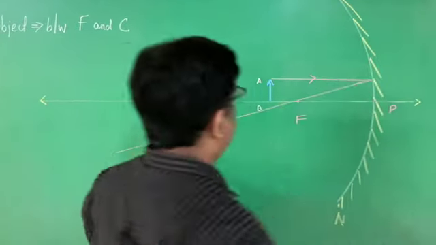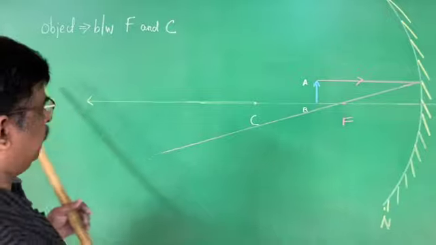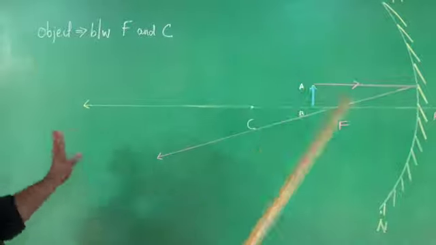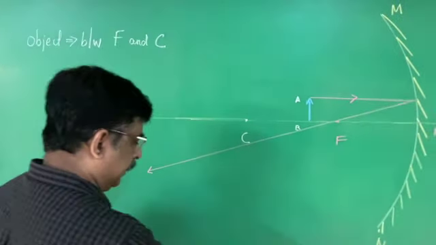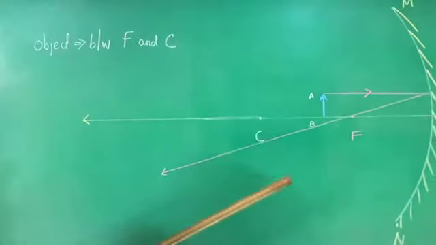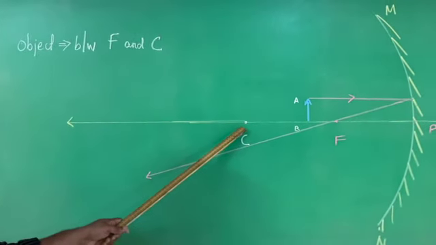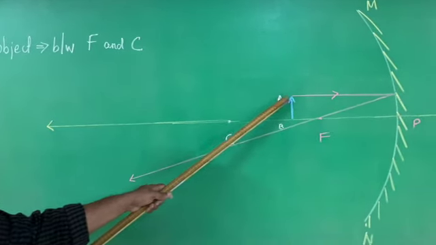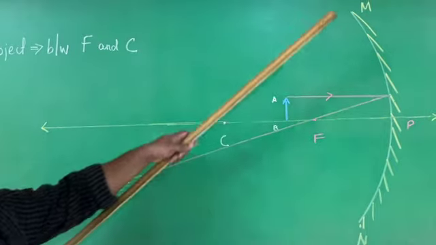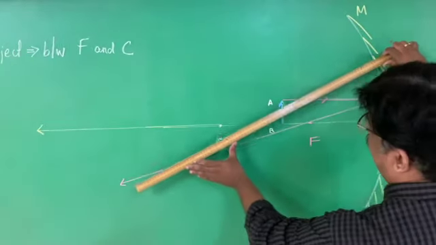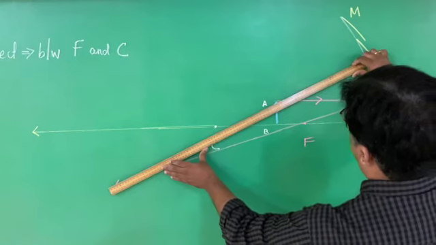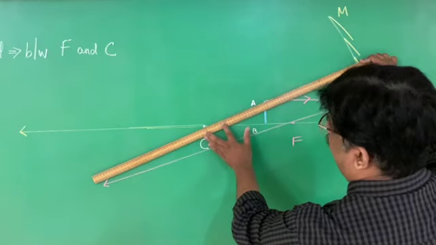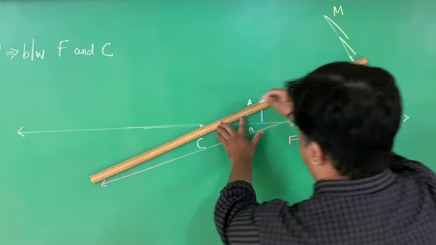See, a ray which is parallel to the principal axis, after the reflection passes to the principal focus. First condition is over. Now the second condition that is taken is the ray of light which passes through the center of curvature. Imagine a ray, the ray may go like this also and then forward. Imagine a situation, the ray of light coming from the center of curvature like this.